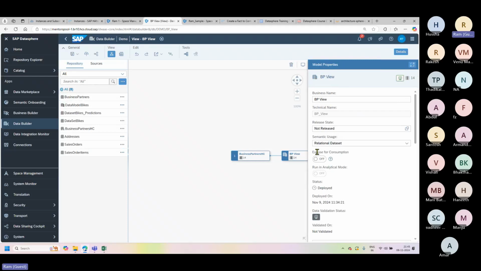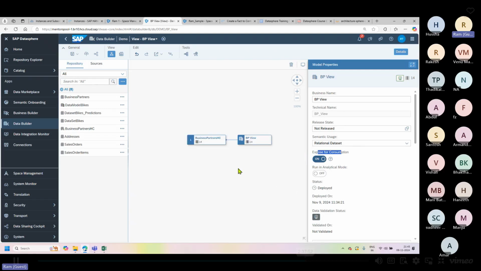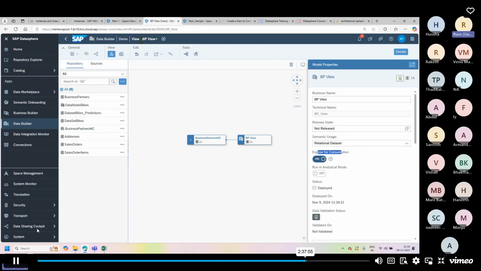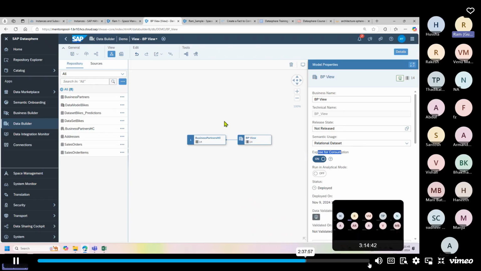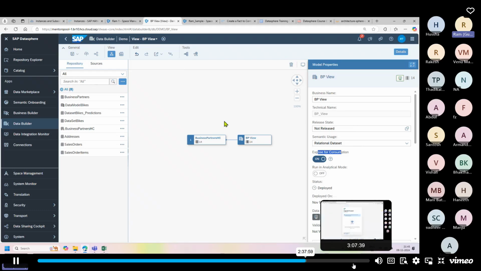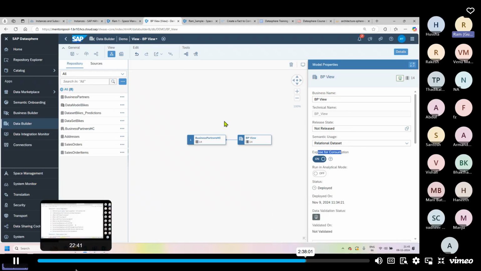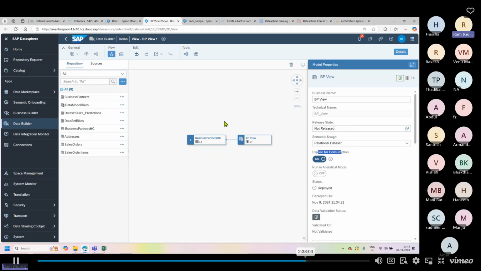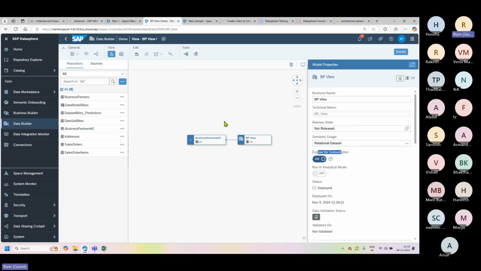So you see here, expose for consumption. If I enable this button, what happens is, if I go to SAC or any other reporting tool, I should be able to consume this view. If I am going to create a user that will be used only for this purpose, for external purposes, like using SAC from where I'll just be reading and consuming some views, and I will not even need to log into DataSphere directly and do anything,